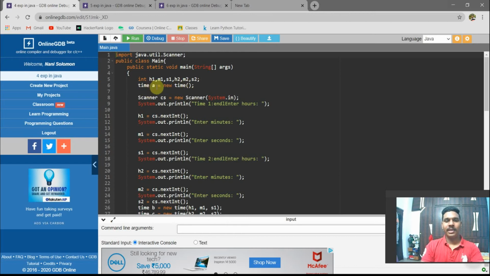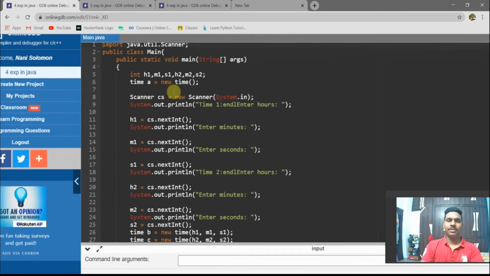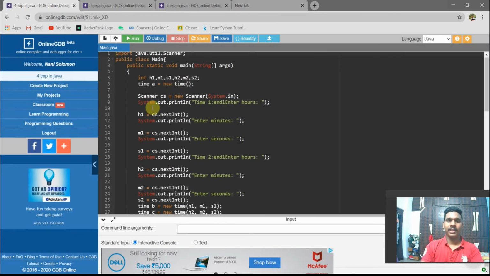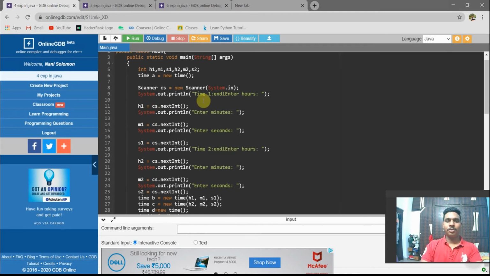So Time a is equal to new Time. The value of the time will be stored here. Next, Scanner cs is equal to new Scanner System.in. We are taking an input from the user here.